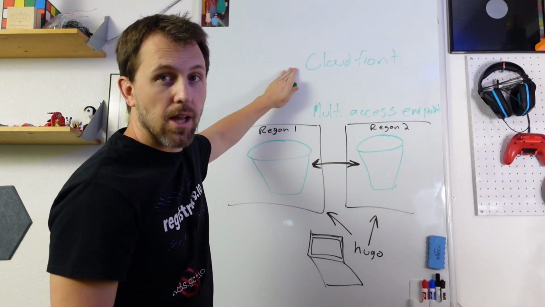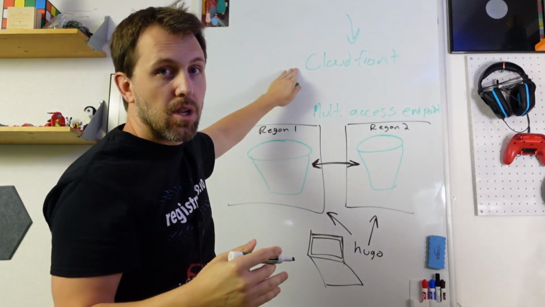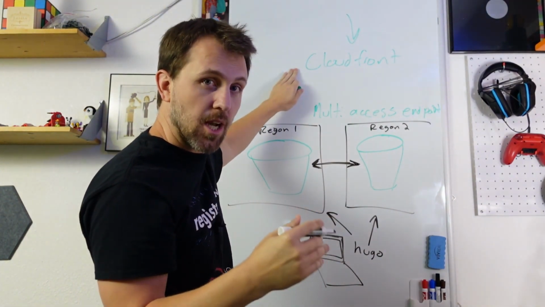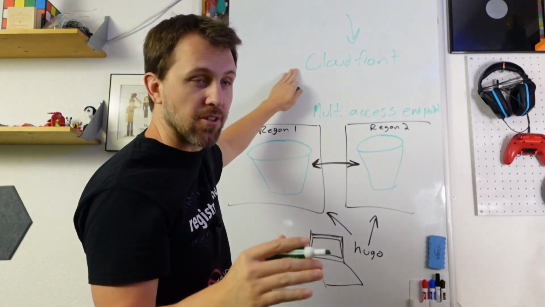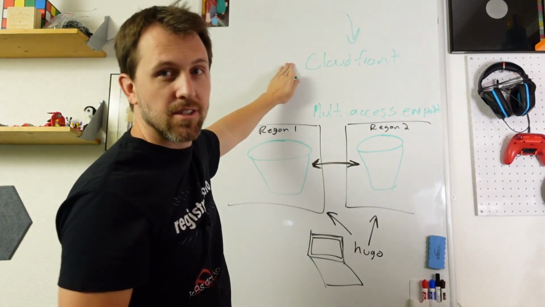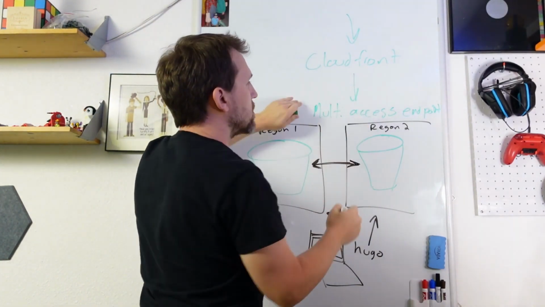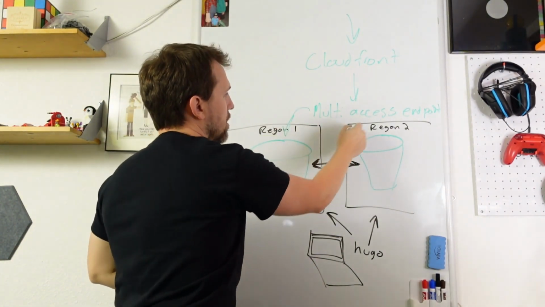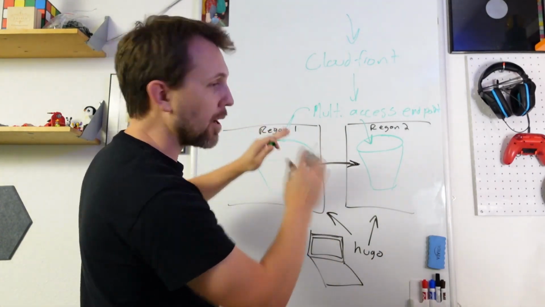We're going to front this with CloudFront, which is where our DNS points. Route 53 claims to have 100% uptime. If you need more than 100% uptime, stop. Stop right now, whatever you're trying to do. So CloudFront with Route 53 pointing to an endpoint. This points to a multi-access endpoint in S3. That allows us to expose both of these buckets at the same time. Active, active. We can route to both.